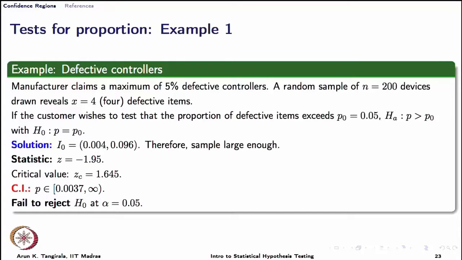And it turns out that the postulated value is within the confidence region, the postulated value is 0.05. That means it is greater than the lower bound, so fine, I failed to reject the null hypothesis. In fact, the manufacturer could have even claimed 0.01 and still the null hypothesis would not have been rejected, correct. So, that is the thing here with the confidence regions, using the confidence regions for hypothesis testing. And with this we come to a close.